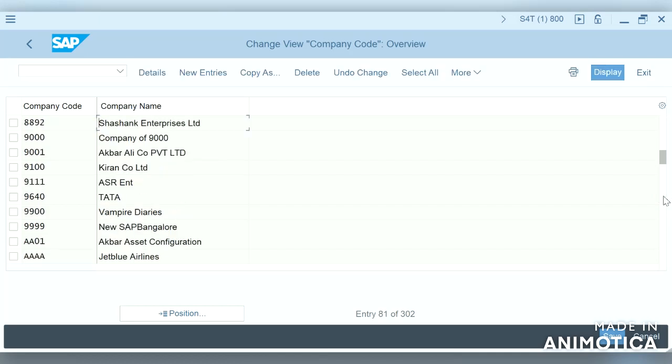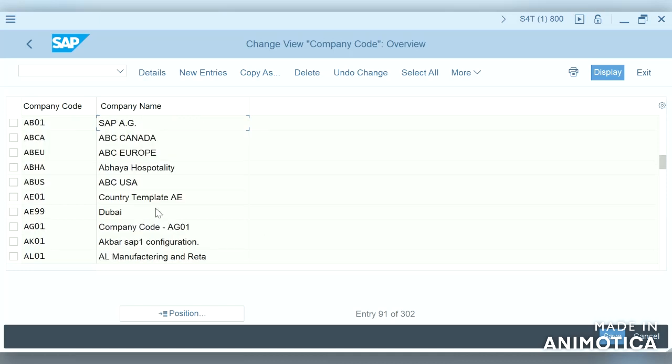This helps meet the complex legal requirements of that particular country. Every country's legal requirements are not that simple; in a few countries they might be complex. So based on those legal requirements, SAP has developed the country template company code, where we can copy the standard company code to our company code